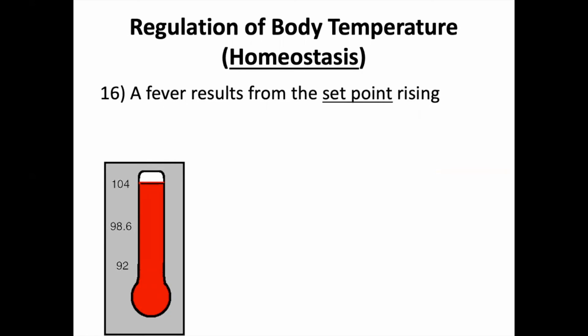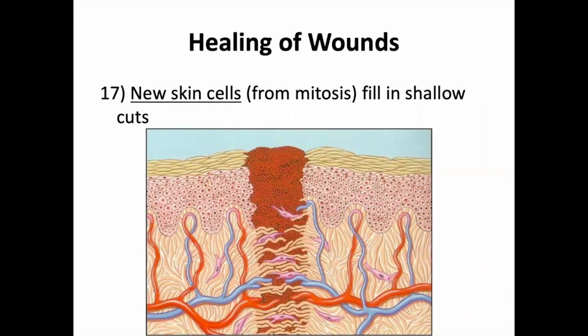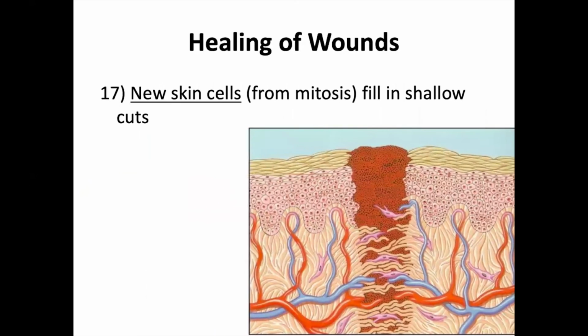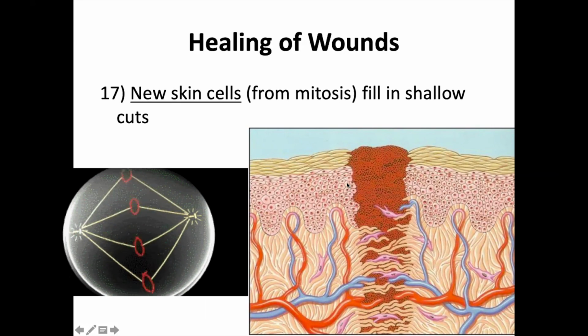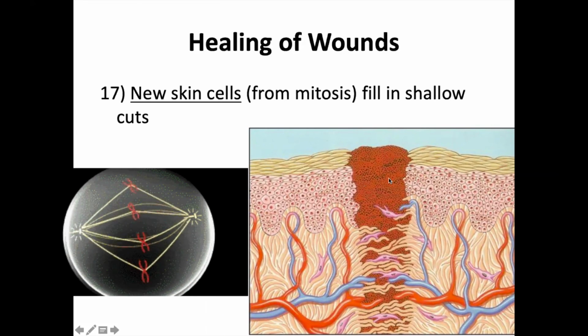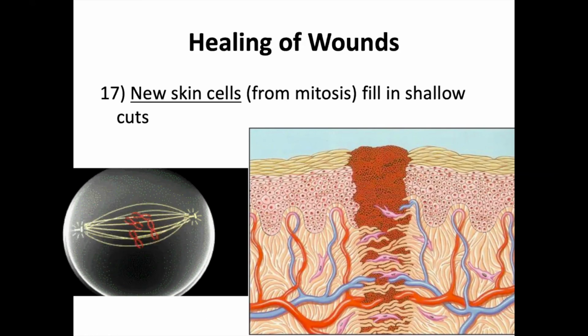Since we're talking about bacterial infections, usually you get that because you got cut and bacteria got in. So how would you heal that cut? Well, usually through mitosis. Old skin cells go through mitosis and make new skin cells and fill in the gap, and you get healed. Nice and easy. That's only for the shallow cuts. If you have a much deeper cut, then you're going to have to make a scab,